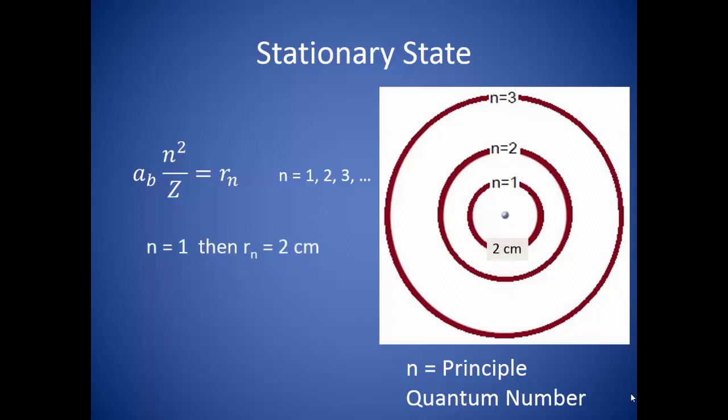So the first orbit, where n equals 1, gives us a radius of 2 centimeters. So the area that is 2 centimeters away from the nucleus of the atom could possibly be holding an electron. This is the first stationary state. Well then, where would we find the second stationary state? If n equals 2, then the 2 will be squared, and the orbit will end up being 4 times bigger than the first orbit. So the second orbit radius would be found 8 centimeters away from the nucleus. The same thing happens if we have n equals 3. 3 squared is 9, so the third orbit is 9 times bigger than the first, or 18 centimeters. So since the orbits are based on the square of n, the orbits are going to be more and more spaced out as n increases.